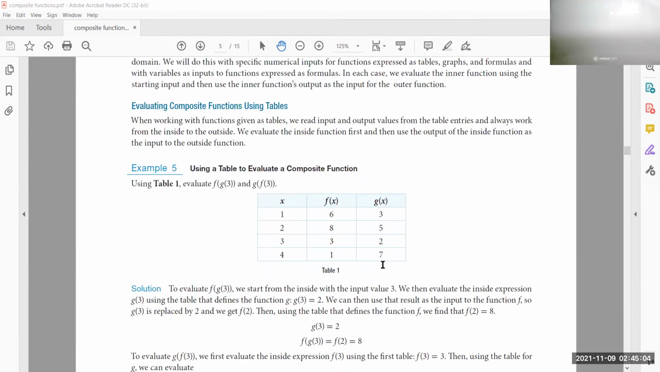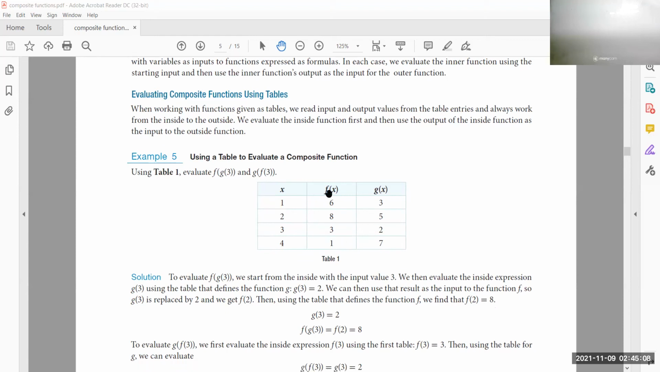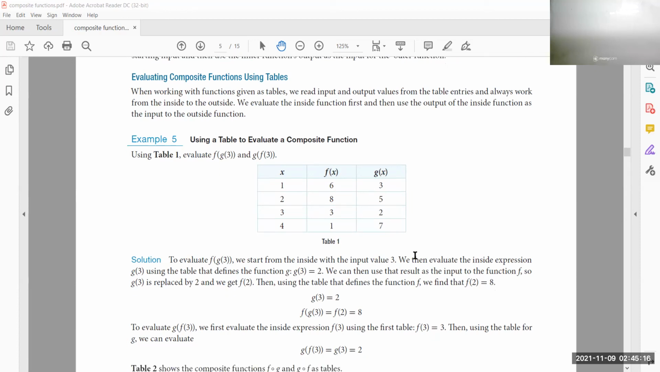Now, sometimes we need to evaluate the function using tables. So let's look at this table. X, this is the input, 1, 2, 3, 4. Of course, the output in f, the output in g. If they ask us to evaluate f of g of 3, what does it mean? First, we need to take